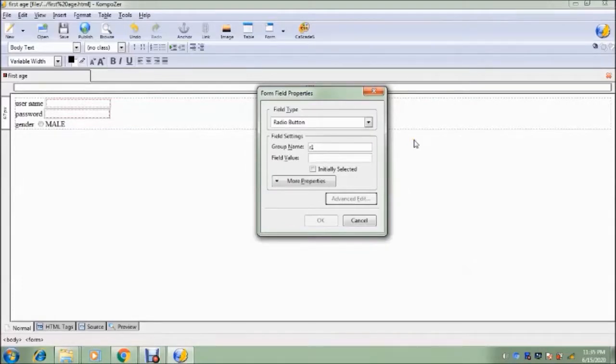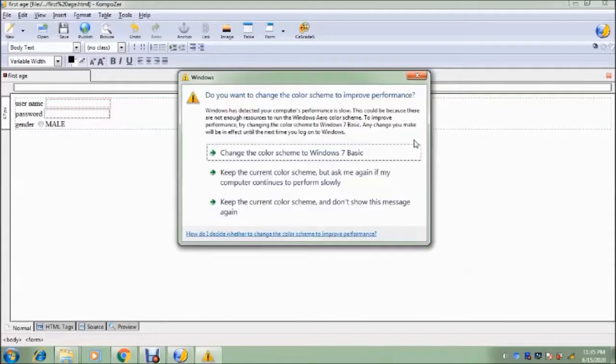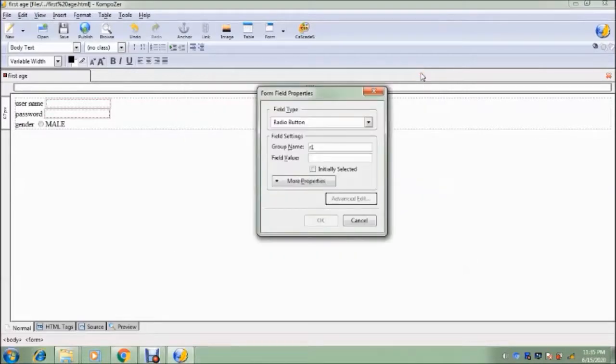As you can see on the screen, in male option also we had given the name R1, and here also we are giving the same name R1, so the name must be same. Okay, field value can be anything, it doesn't make any difference, but compulsory the name must be same.